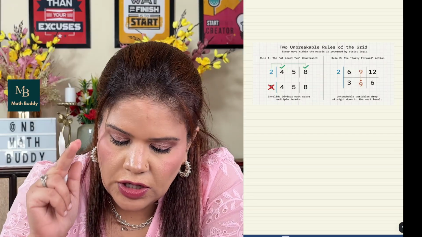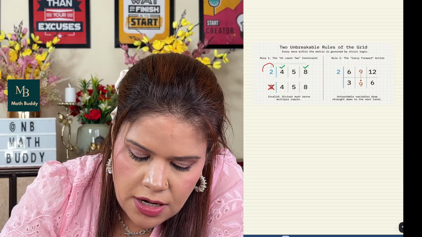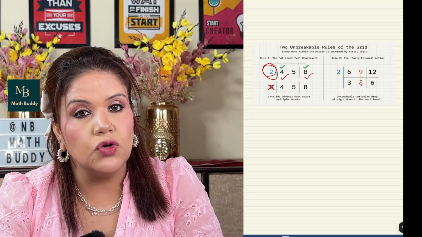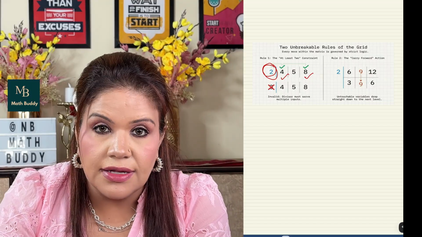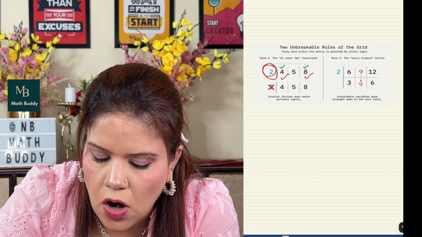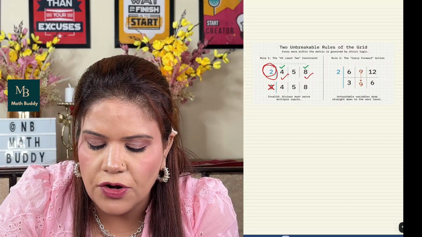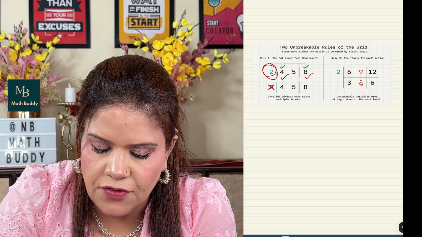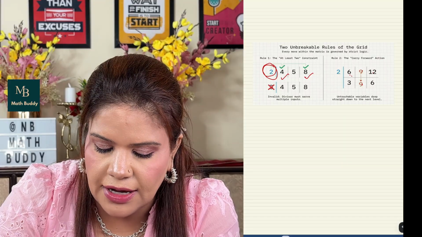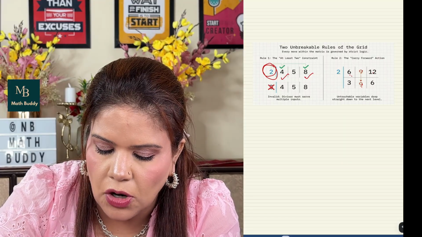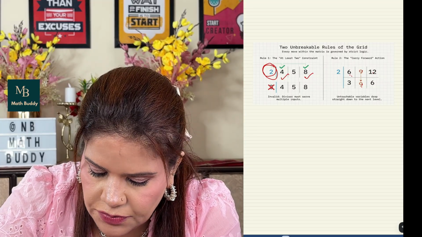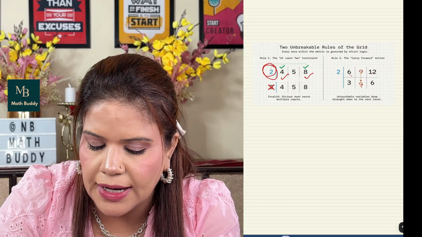The two things you have to keep in mind when choosing a number here: it should at least be a common divisor of two numbers inside the grid. And the second thing, the number which does not get divided by it will drop down to the bottom row and remain untouched. If I've written 2, 6, 9, 12, 2 can divide 6 and 12 but cannot divide 9. So 9 will come as it is at the bottom, and 3 and 6 will be the factors with which I have multiplied to get 6.